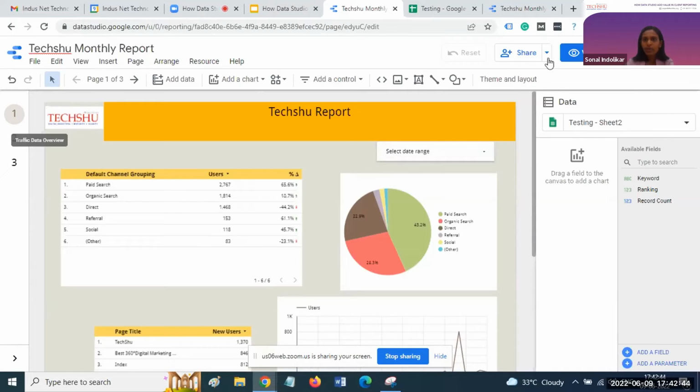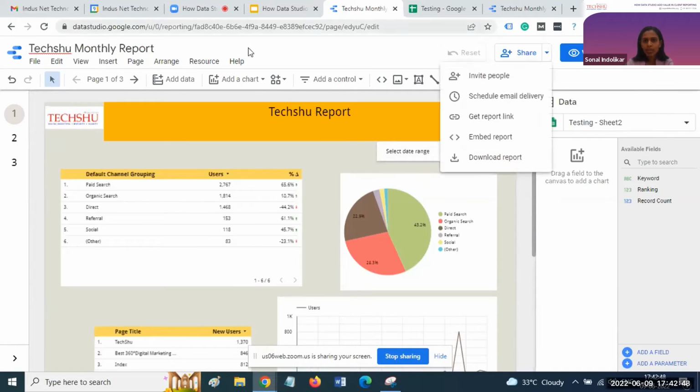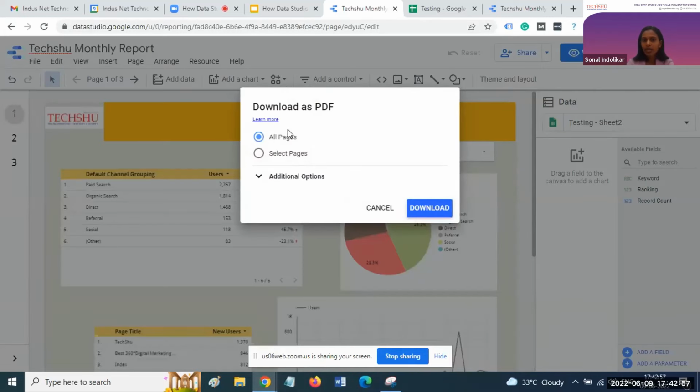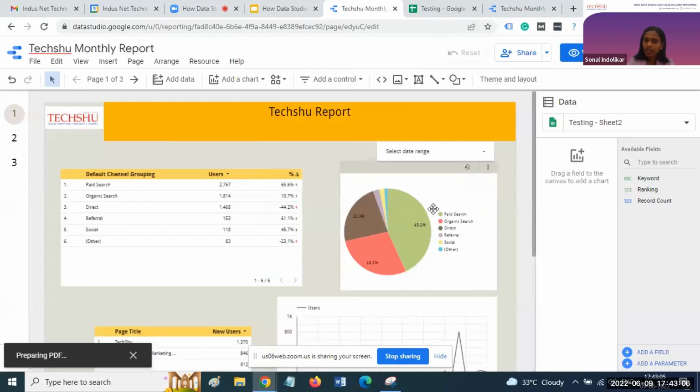For downloading purposes, Google Data Studio provides an option when you go to the upper corner of the template, called download report. When you click on download report, they provide the option to download all the slides of your report or selected slides of your report. When you click on download, it will automatically download the PDF file of your report.